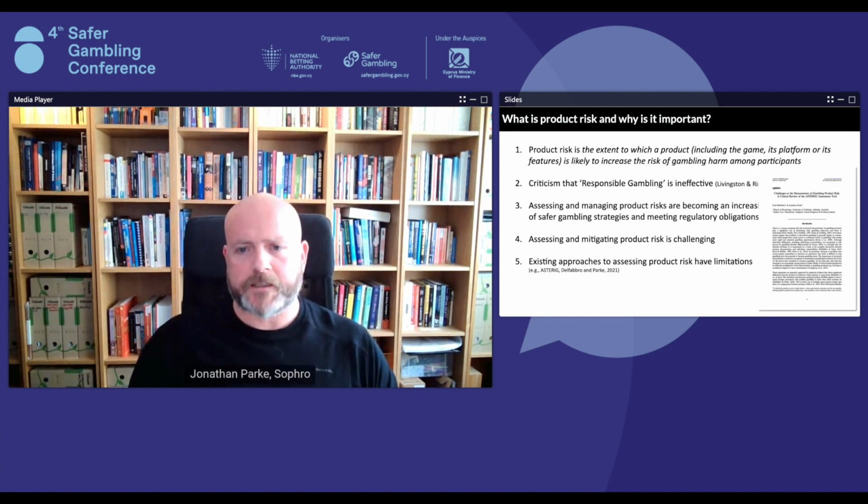Context, let's consider some of the main risk. And I guess it's fairly obvious in saying it's the extent to which a product is likely to increase the risk of gambling harm among its participants. But I think it's important to consider that it's not just the game, but also the platform